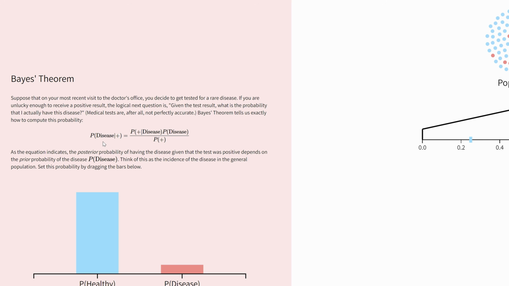So this is read as follows: probability of having the disease, and this little bar means given. So given that this second event has happened, which I'm going to assume is a positive result from the test. So what's the probability of me having the disease given that I have a positive result, right? We break it down, and this is essentially Bayes' theorem, and it says it's the probability of getting a positive result given you have the disease.